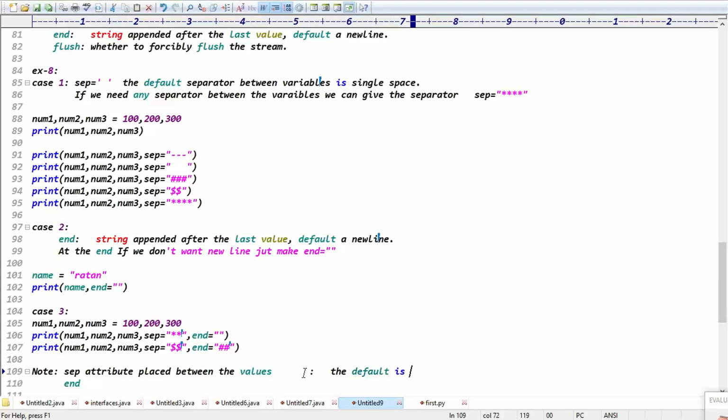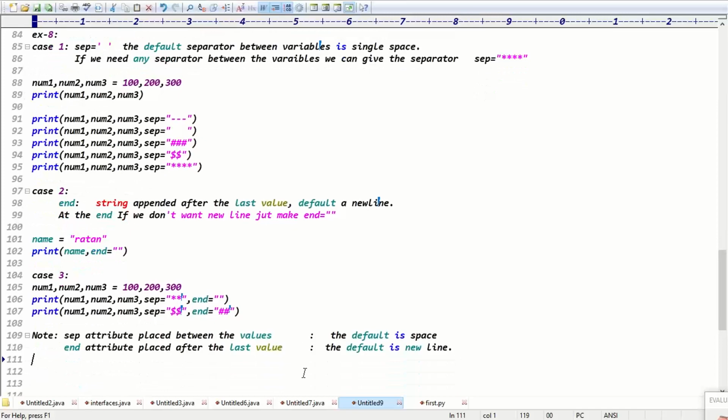The default is a space. Default space. What about end? The end attribute is placed after the last value, right? After the last value. The default is a new line.